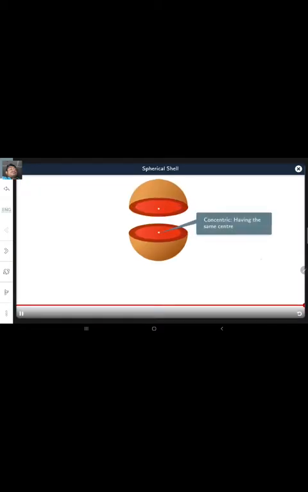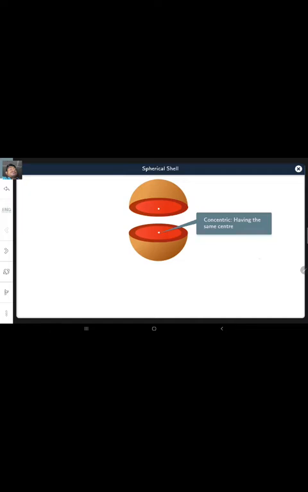The space between two concentric spheres that have non-identical radii is known as a spherical shell. Let R1 and R2 be the inner and outer radii of a spherical shell. The outer surface area of the shell is 4 pi R2 square. The volume of the material can be calculated as